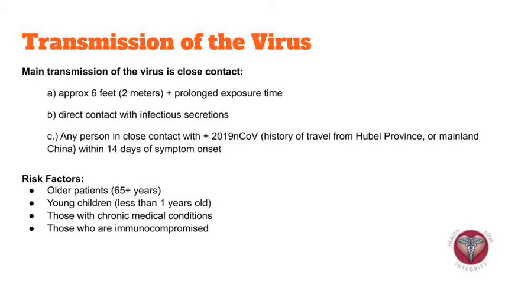Another extreme of age would be younger children, less than 1 year old. This is for the fact that they have an undeveloped immune system. But we have to consider, as we see the trend of COVID-19, even younger individuals can get affected. But the majority of them are usually asymptomatic, which is even worse, because they can transfer it to the at-risk population without even feeling sick, meaning they are labeled as asymptomatic carriers.